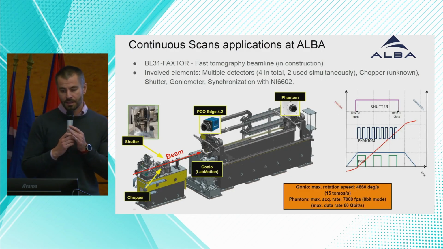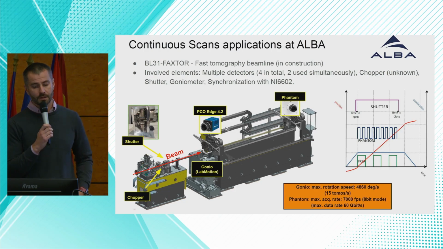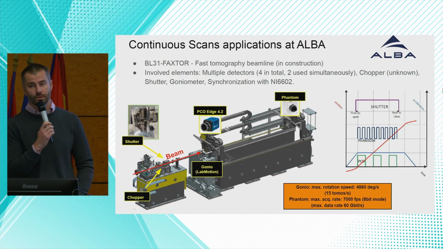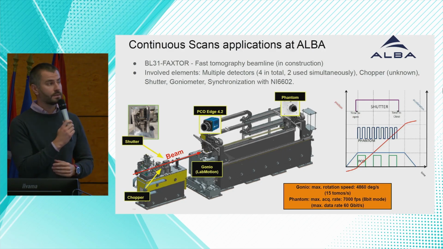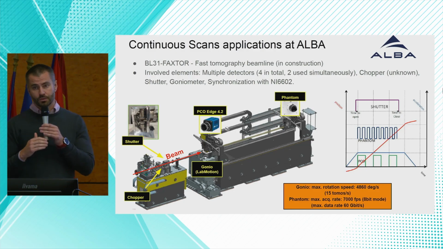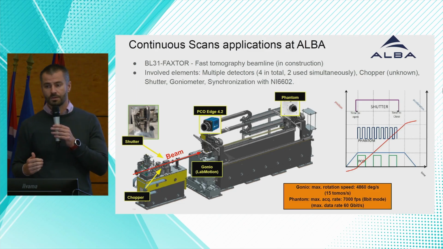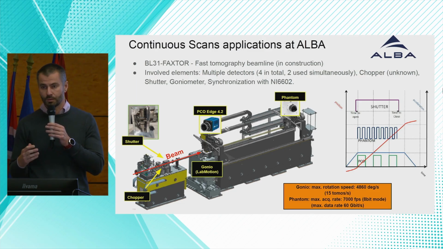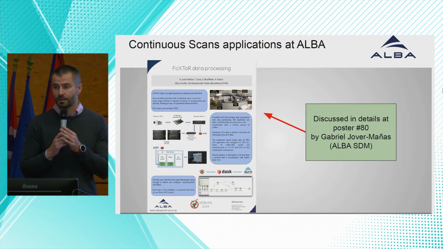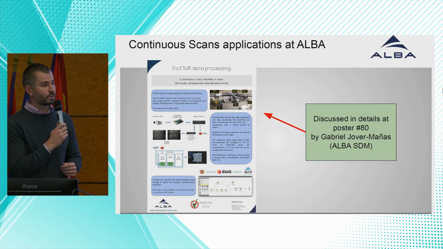And next beamline is the fast tomography beamline, where we have to deal with many instruments. We are talking about 4 detectors, where 2 of them will be used simultaneously at different frequencies. Also the fast shutter and the chopper, and while rotating the tomo stage. So here we plan to use all 3 new features, so multiple sync description, the shutter control, and also publishing data into Redis database. And this beamline also requires on-the-fly reconstruction of tomography, and this is currently being developed by